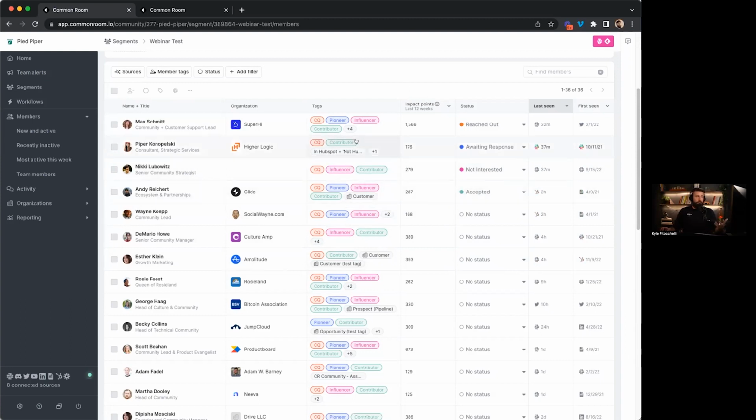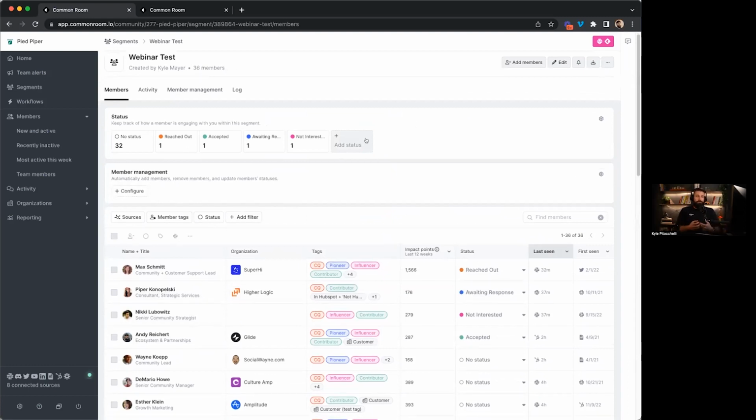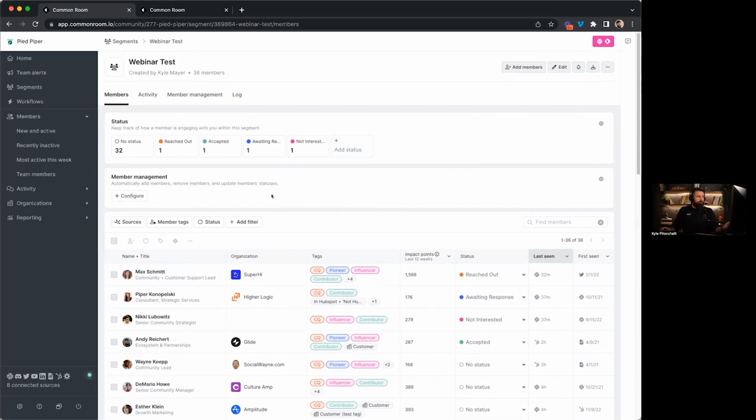Now, this is just obviously one example of what you could do. But of course, we've had customers who built a bunch of different examples with segments, like for example, discovering and tracking community content creators or potential forum moderators, tracking and looking for new conference speakers, beta testers. Really, the options are pretty much endless for tracking any of your programs. But as you've seen, this is actually pretty easy. I think y'all would agree.